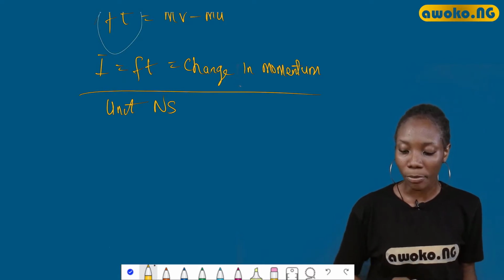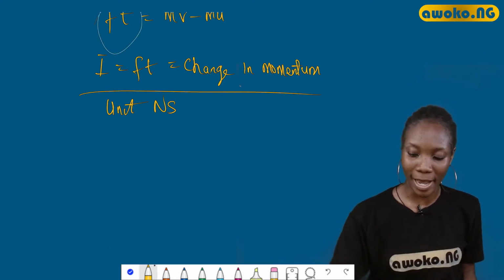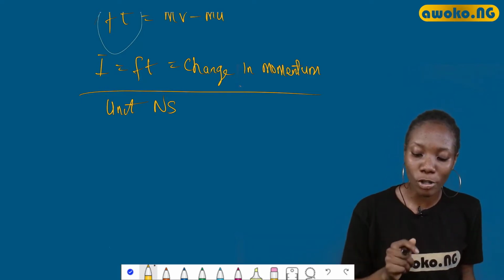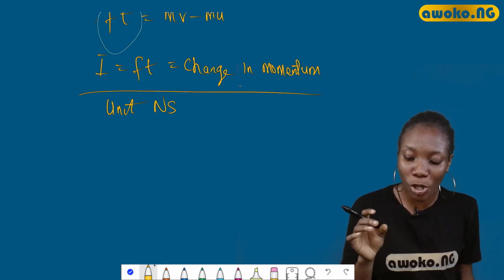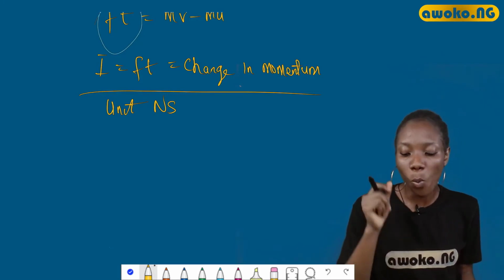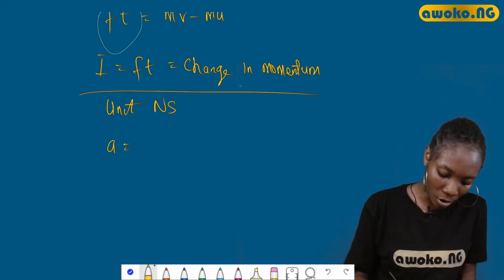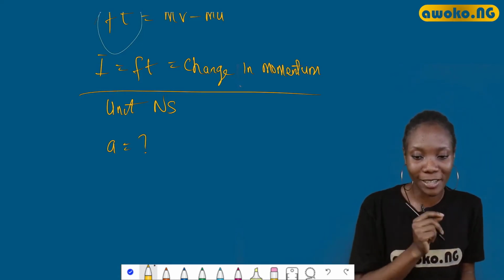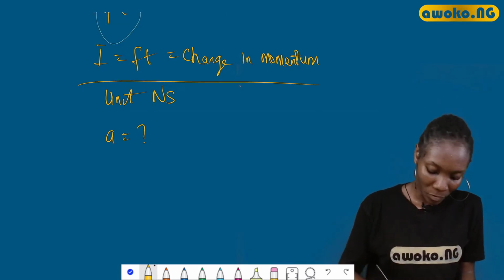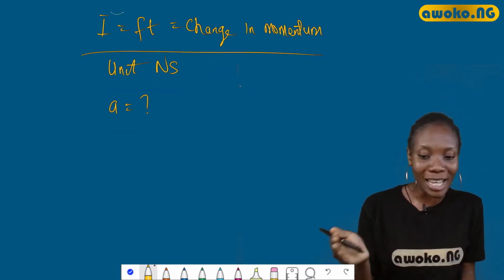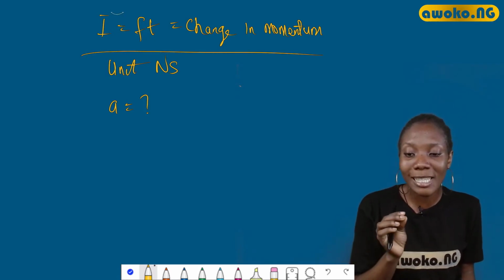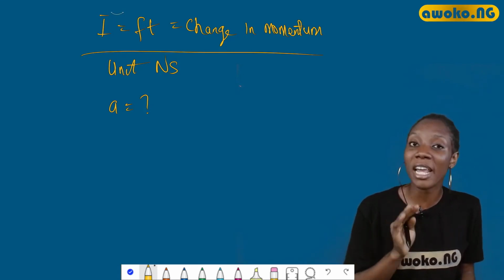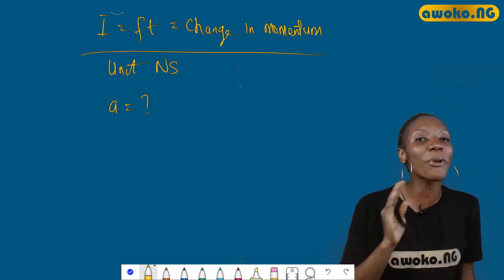Now let's take this example. A block of 20 kg mass is pulled horizontally by a force of 10 Newton along a frictionless floor. Now the question says, what is the acceleration a of this body? Now let me give you a little trick, okay? In physics, you don't even need to start looking for where to begin. Just simply put down the parameters that you were given. While I was in school, that was what we were told, and it really helped me in all my exams, and it made my work look very beautiful.